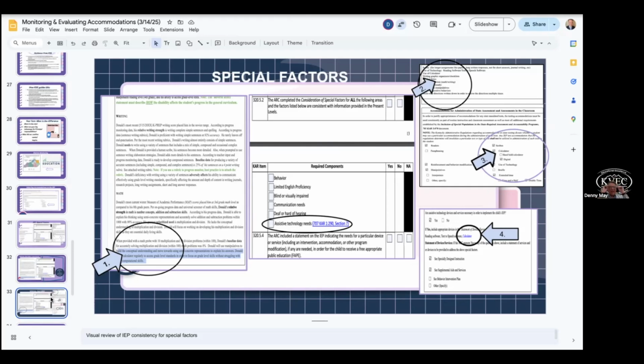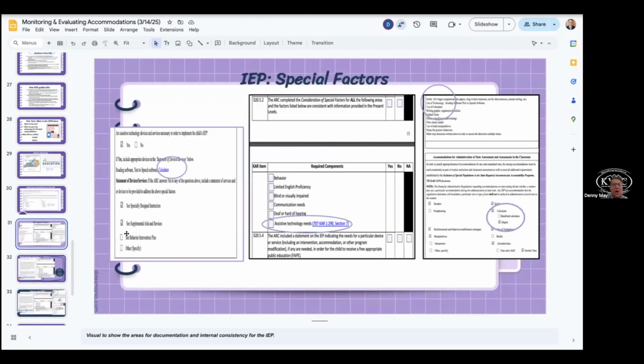The same kind of thinking as we circle back here just a second on this when we look at these required components in the middle part of the screen, in terms of special factors, sometimes we'll have a student that has OHI and we forget to require, a special factor is behavior and what we're going to do there. And we need verification that he has behavior needs. We need to also then say, with that behavior, we have to come up with positive behavioral intervention supports that need to go in there. They're peer reviewed. And we need to document that and then document it in those other places as well.